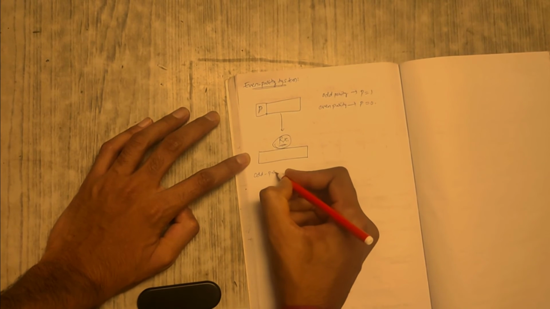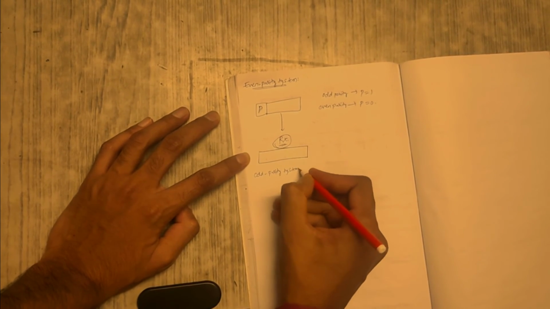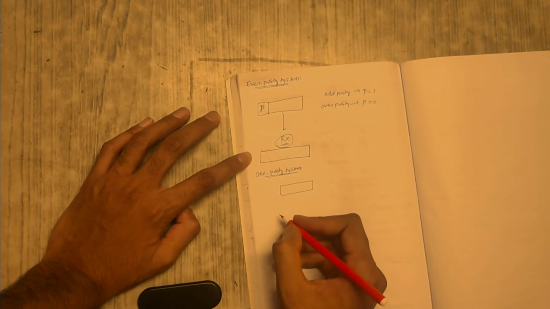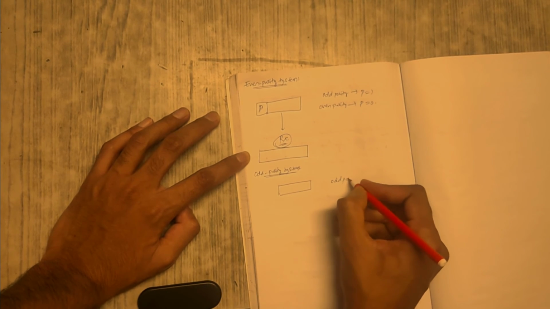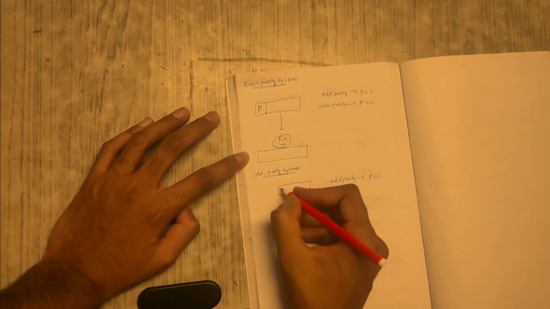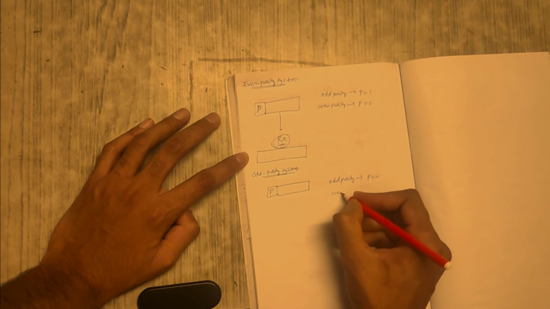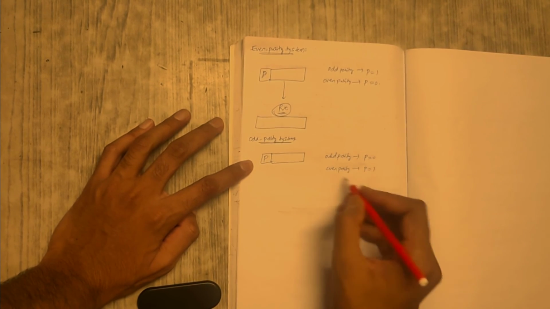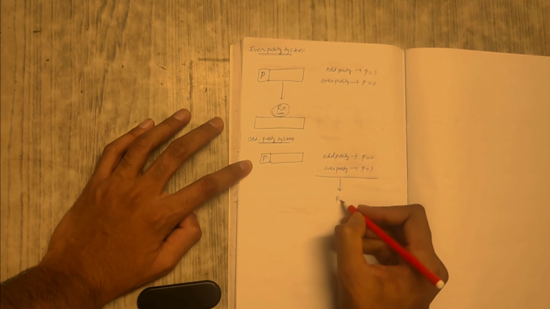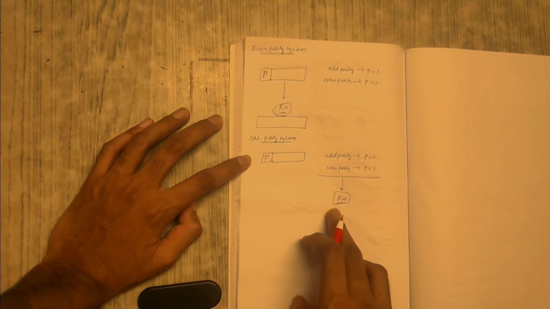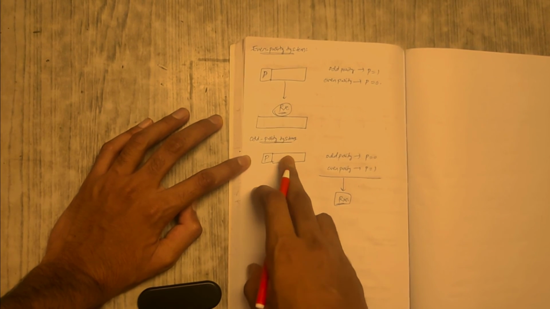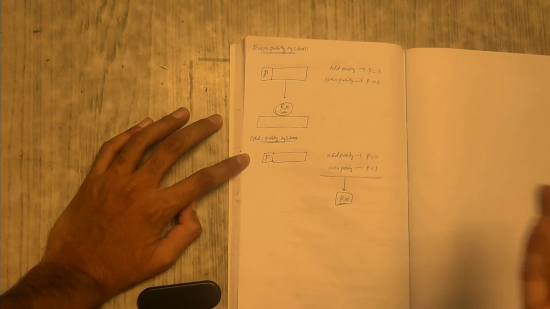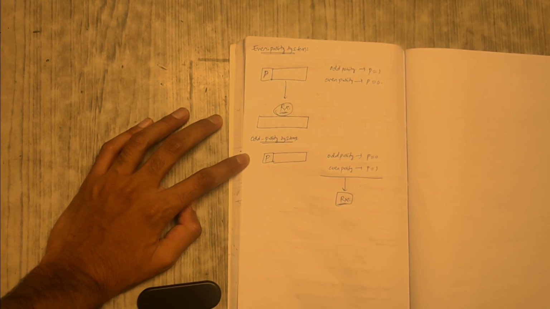Now in a similar fashion, if we have set the system to an odd parity system, then first of all it will check the parity of the given message code. If it is odd parity, then the parity bit will be set to 0. If it is even parity, then the parity bit is set to 1. And after setting, we will send it to the receiver. Very similarly, the receiver checks the parity of the code. If it is odd parity, there is no error, but if it is even parity, it will ask the transmitter to send the data again. This is simple. This is what is called parity.